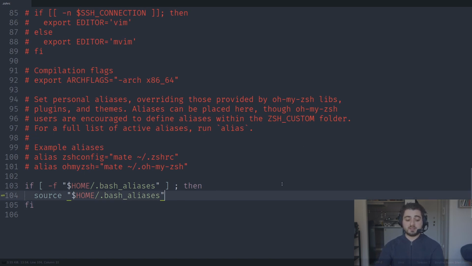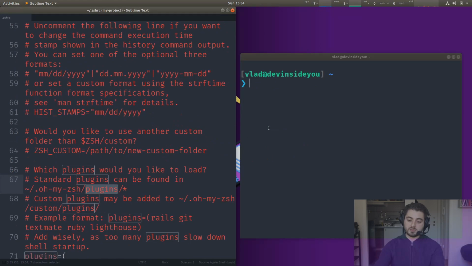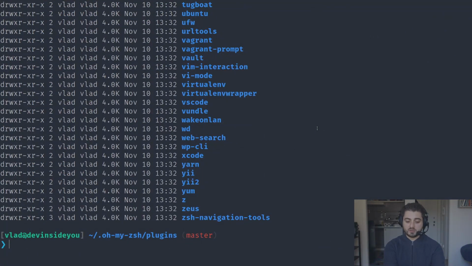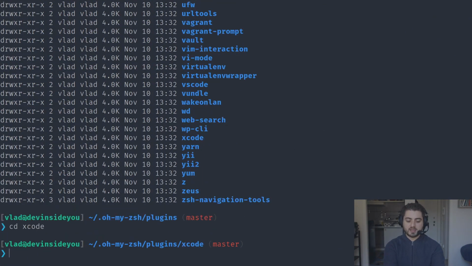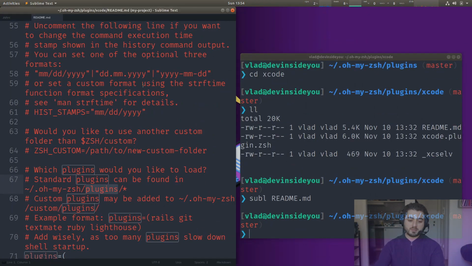All right, so let's finally start talking about plugins. So we're going to go up over here. As I already explained, they're basically pretty much over there. We can in fact go in there, cd .oh-my-zsh plugins. And if you do LL, you're going to see a bunch of them, and you can go into, I don't know, Xcode, for example. They usually sort of, I'm not sure if they're forced, but it's highly recommended for them to have a README file, right? So we can open this README file with Sublime,